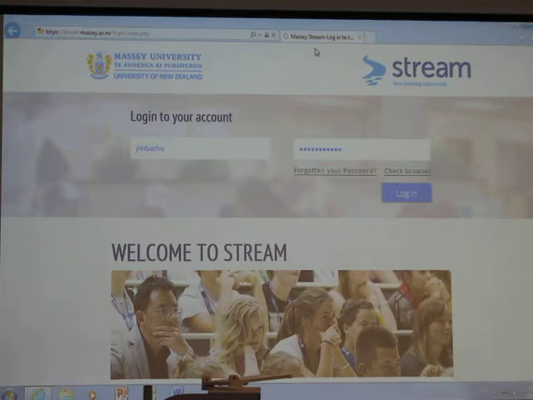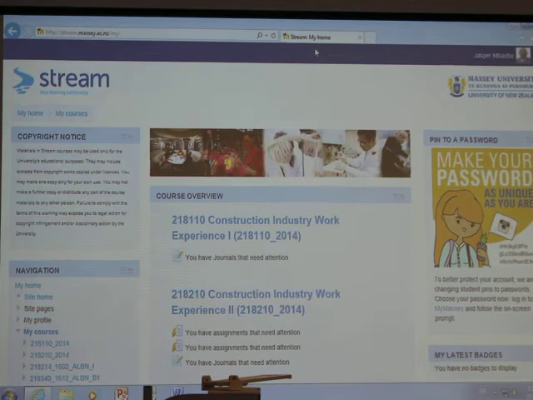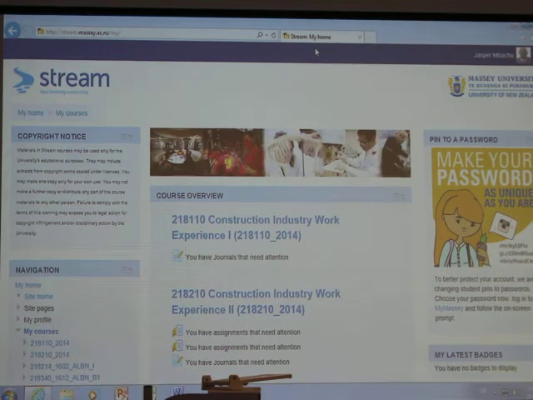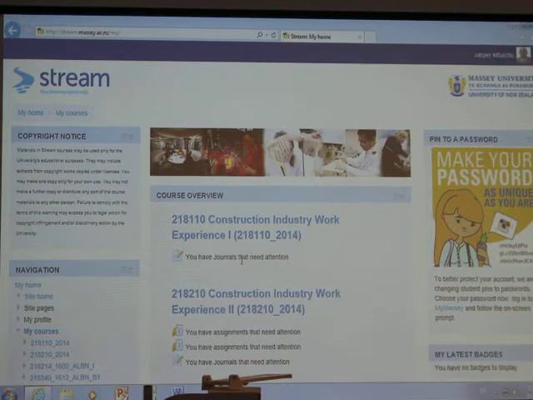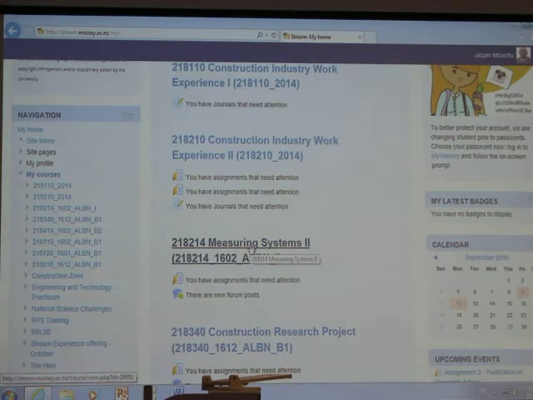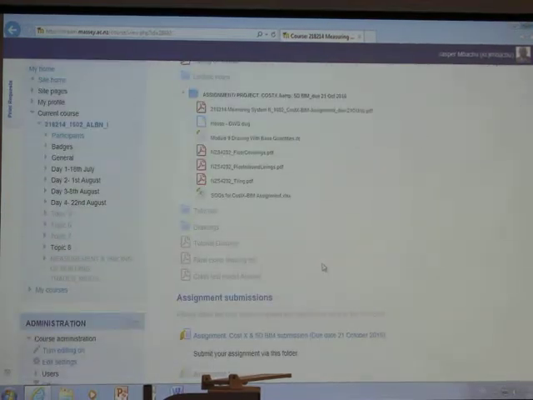We experienced some glitches with the IT network, and I had to work out how to fix the problems initially to get it working. I hope that didn't take much of the time. So within the 214, if you navigate to the assignment here,